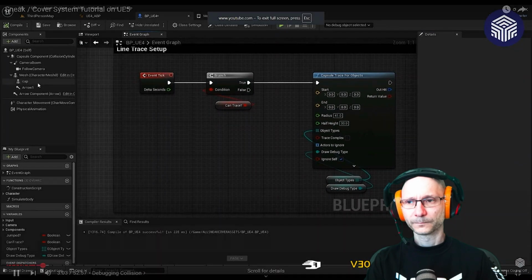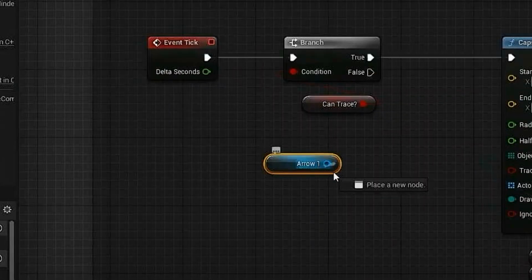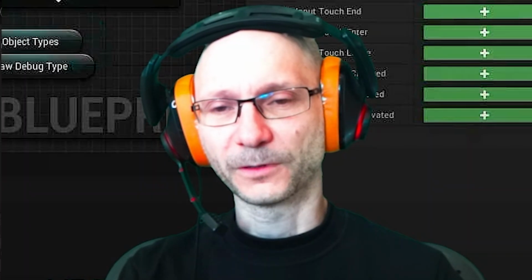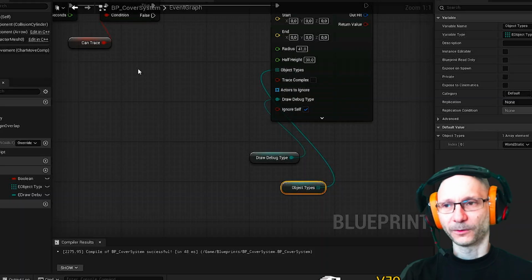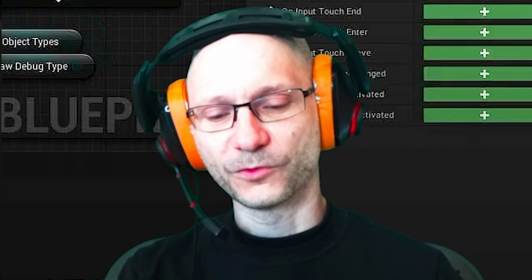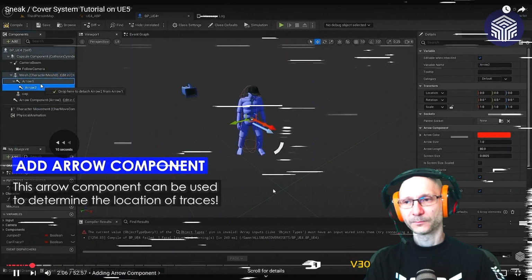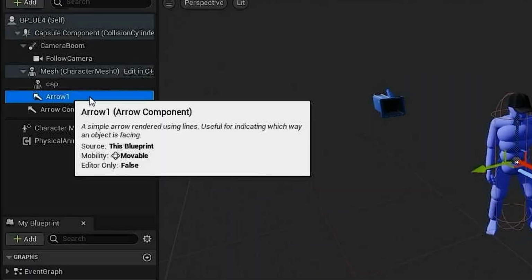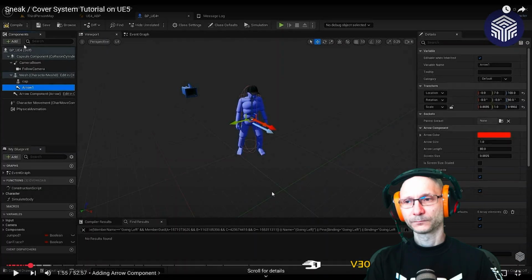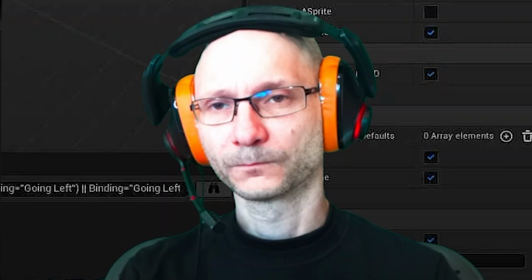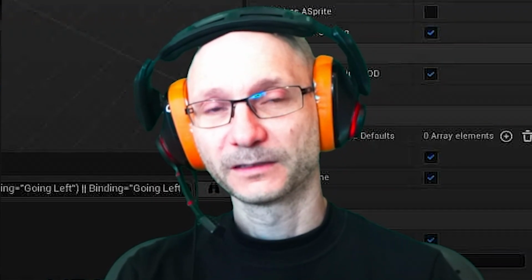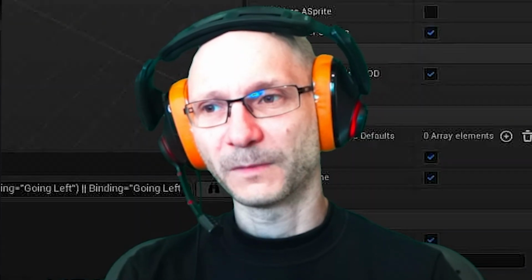And yeah, now let's drag and drop our arrow. Did we add a new arrow yet? No, we don't have a new arrow. Okay, let me watch a few steps back in the video. As you can see, he has an arrow here. That is something that is not happening in my blueprint.